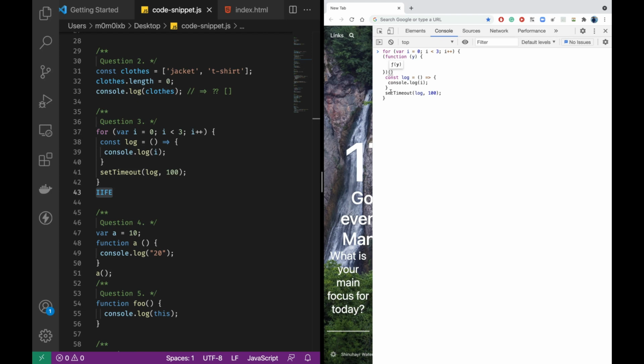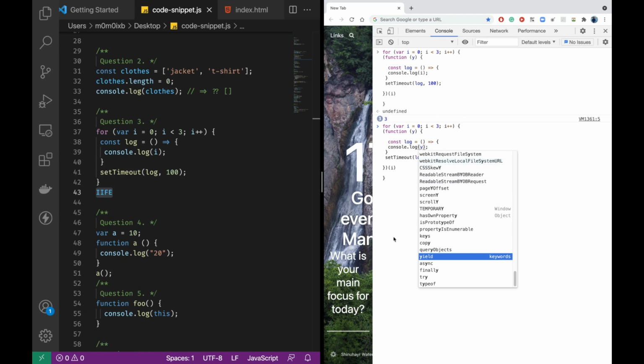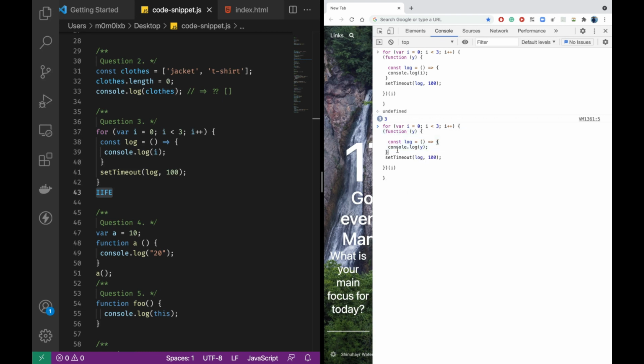Now we'll be passing i to it, and all of this should go inside the function. Whatever we have created, we are just creating an anonymous function and calling it immediately, and let's see what happens. So it's not working. Let's see why. It's not working because we are using i here. We should use y, because that's getting wrapped in the function expression. We are passing i to it, which automatically becomes y inside this function, and we should use y.